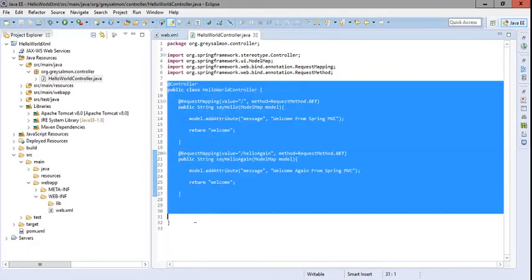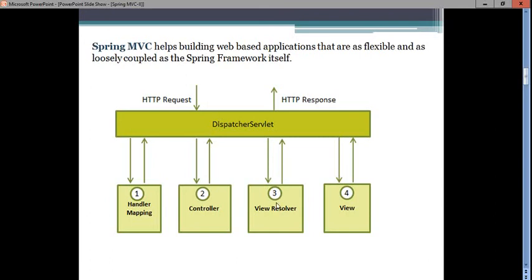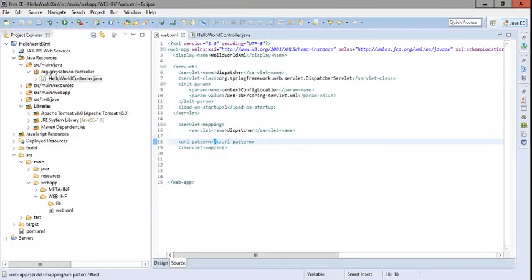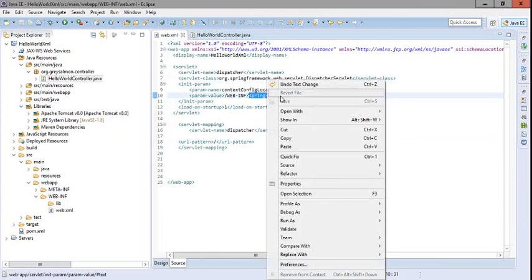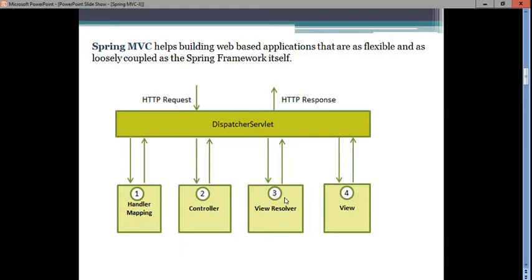This is our controller. Now what do we have to design next? I have to design the view resolver next. So where to put the view resolver? As we have discussed while designing web.xml, there will be one more configuration file. The name of the file will be Spring Servlet, in which the configuration or the beans required by the IOC container will be placed, and this view resolver is also implemented as a bean.